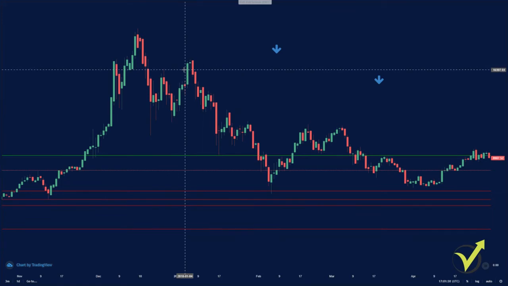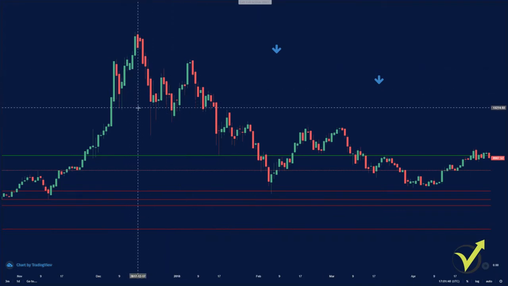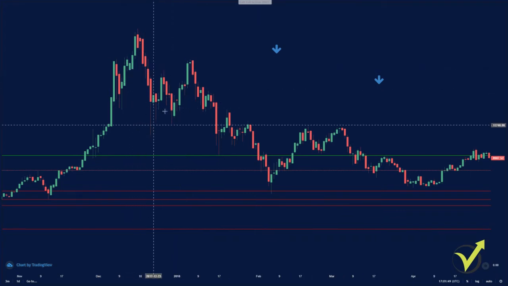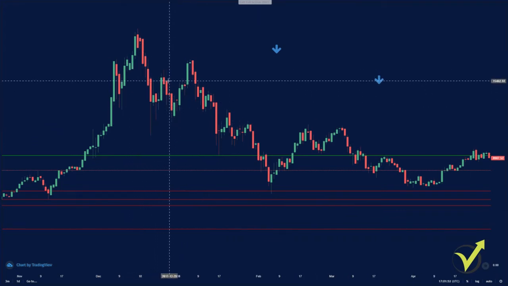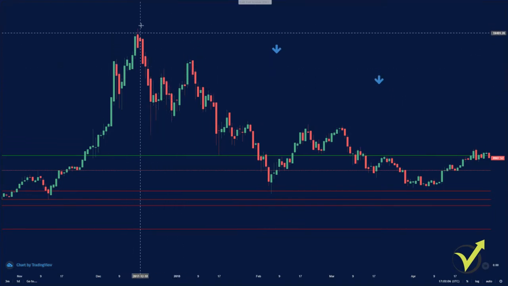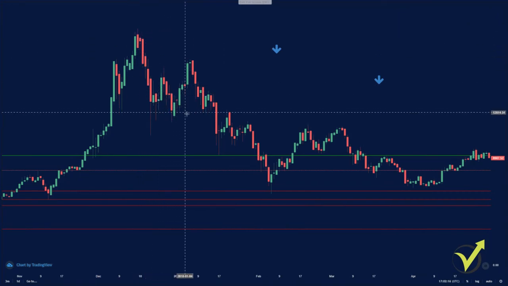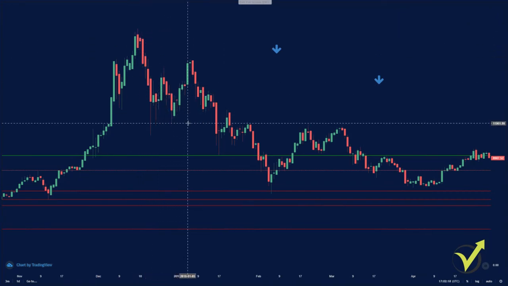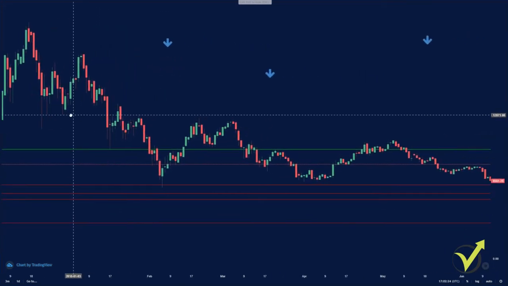However, for me, the Dow theory is very simple. Series of higher highs and higher lows for an uptrend, and series of lower lows and lower highs for a downtrend. So at this moment we were having already a series of lower highs because the price failed to take the recent high. So at this moment we were already in a downtrend,